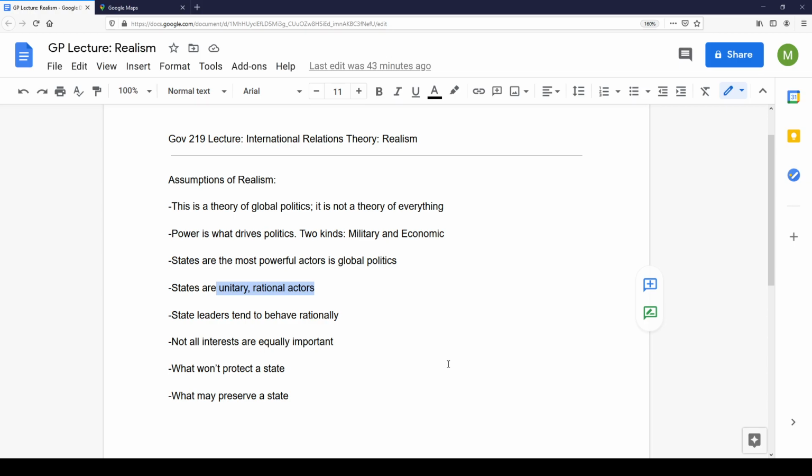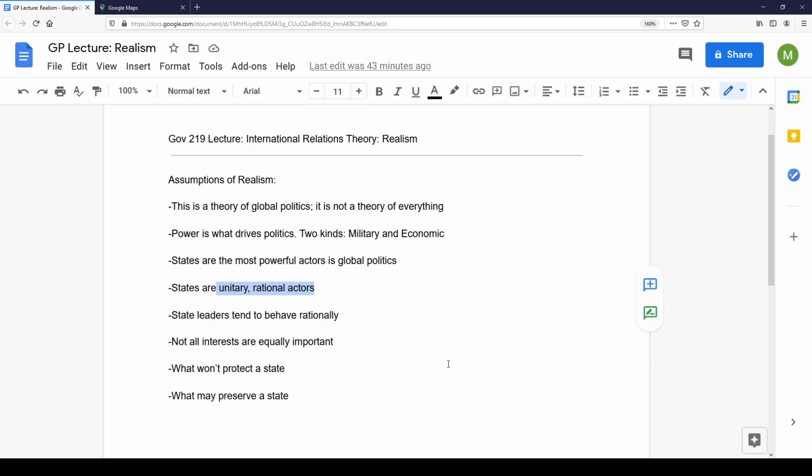Realists don't think that that's a very good explanation for how policy actually works, and that once states make a decision, they have sufficient strength to implement those decisions over the objection, perhaps, of groups who are opposed. So unitary decision making just tells us that state leaders make a decision, and then that is the decision that is followed. If you can remember that, that's the only takeaway you need at this point.